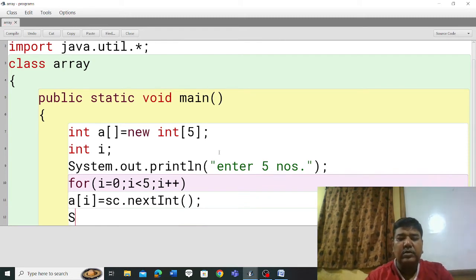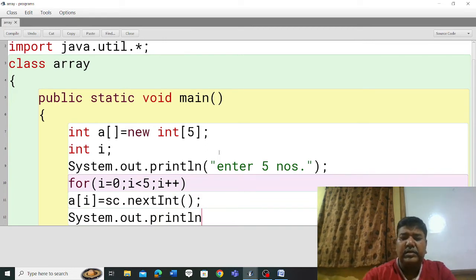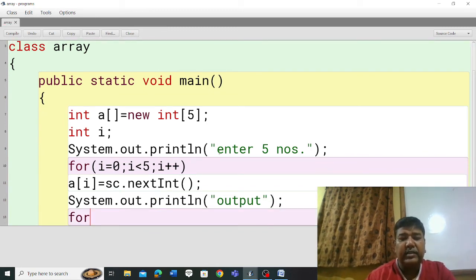Then for output, again write System.out.println and give one message. Messages make the outputs user friendly. For output, again write the loop i = 0, i < 5, i++.